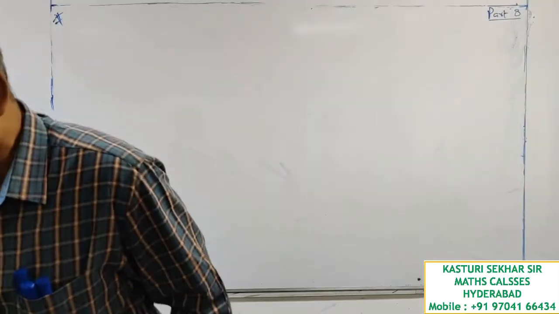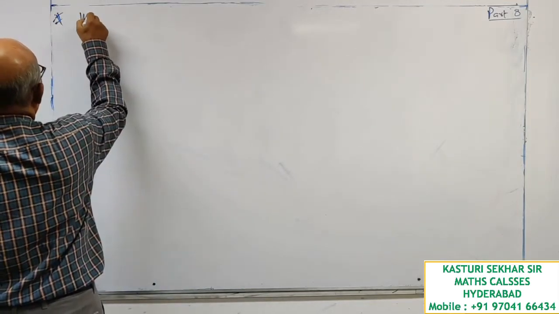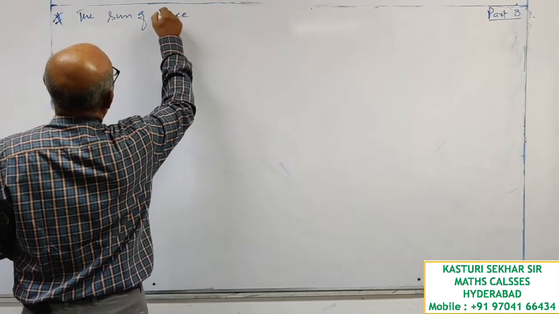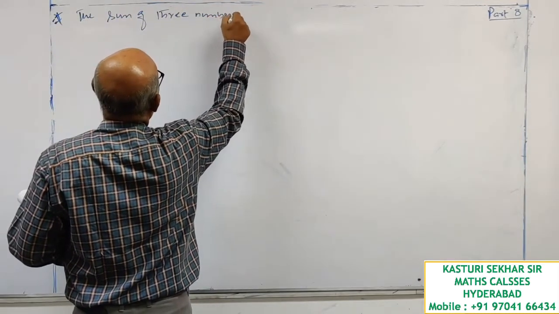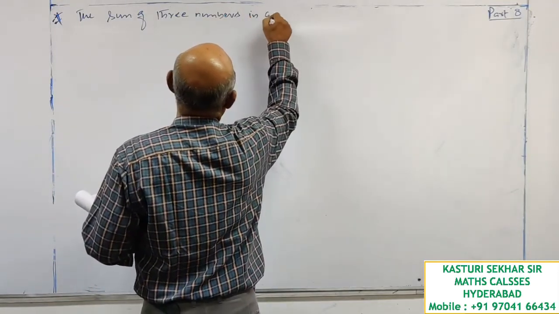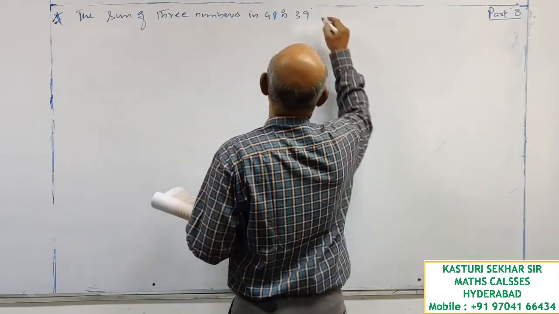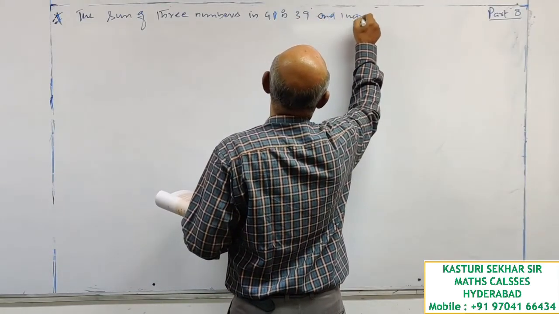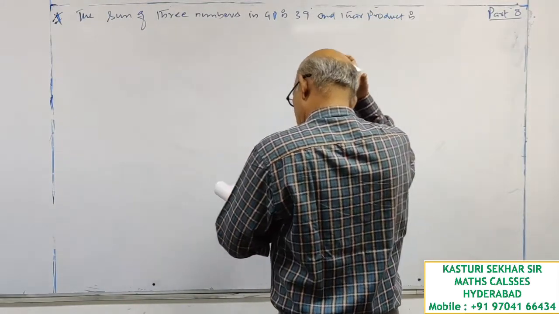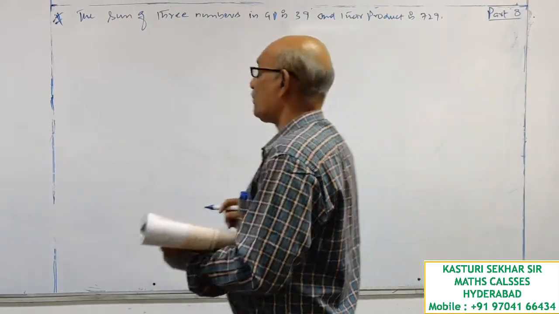Look at the next question. The sum of 3 numbers in GP is 39 and their product is 729. The numbers are